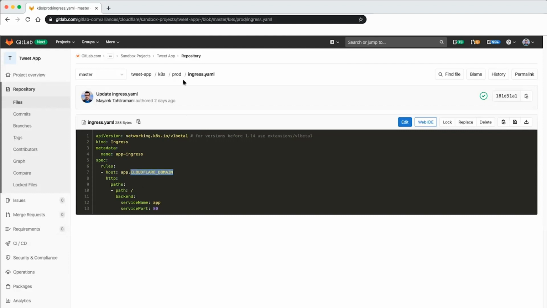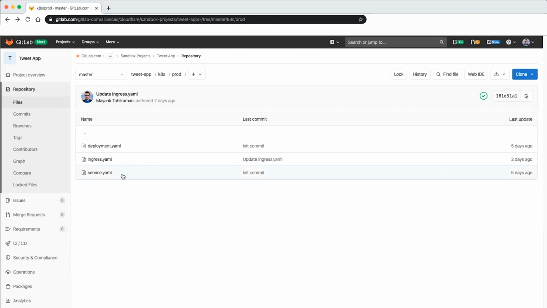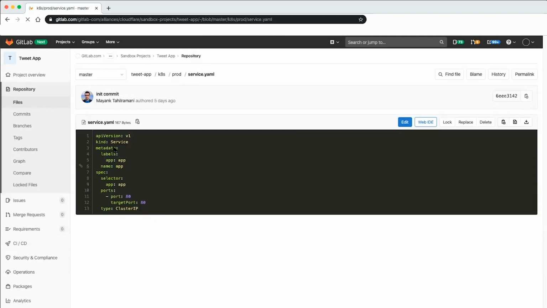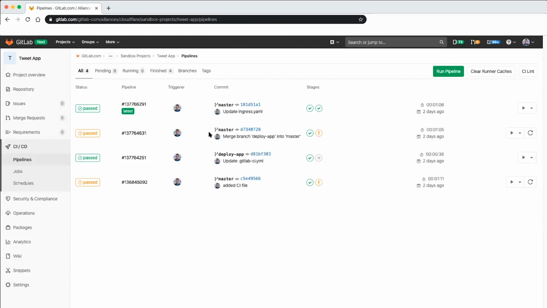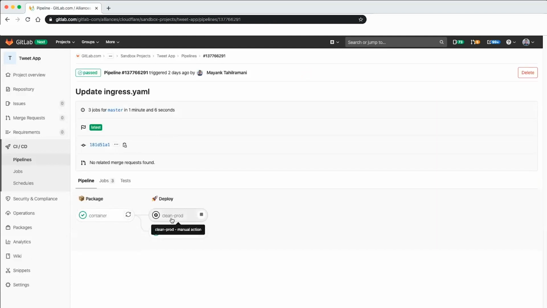So that ingress rule will then be consumed by Nginx and then be able to route me accordingly. And then similarly, I've got a deployment service basically that allows you to expose the application. In this case, it's a cluster IP, so the service can't be accessed outside of the cluster anyways. I've already kicked off a couple of pipelines, so you can see that this application's already been deployed in this cluster, where we packaged and created a container, and then deployed it into production using kubectl